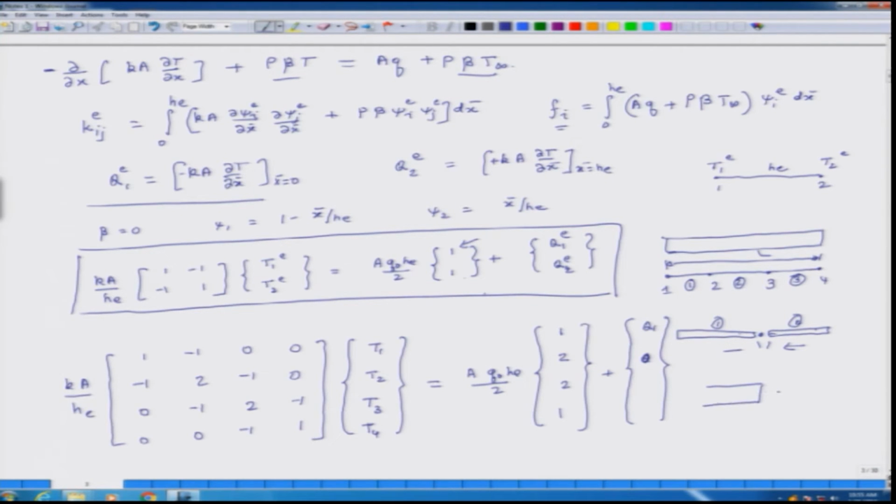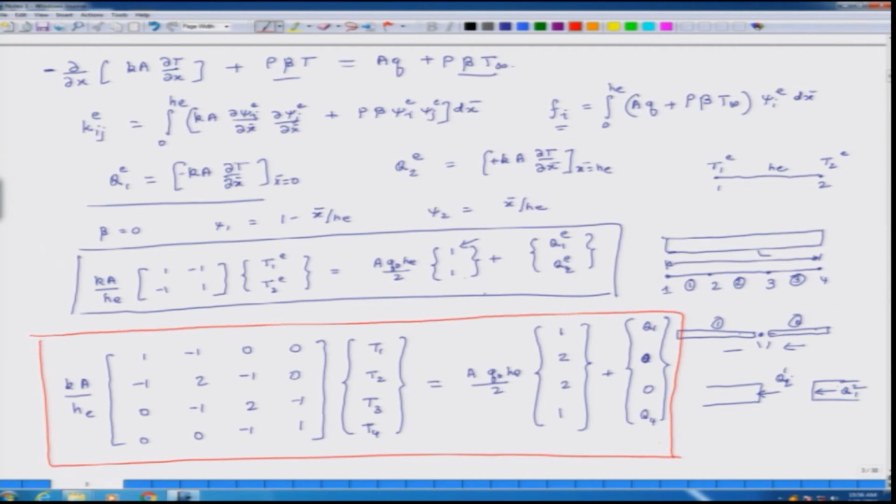Suppose heat is coming in like this. That is something I will call Q2 1, right, and in the adjacent element the same amount of heat is going out, right. So, that will be Q1 2, and when I add these 2 heat terms, they will become 0. The net heat generation is 0. So, at the interfaces these terms will be 0 and here it will be Q4. So, that is my equation at the assembly level.